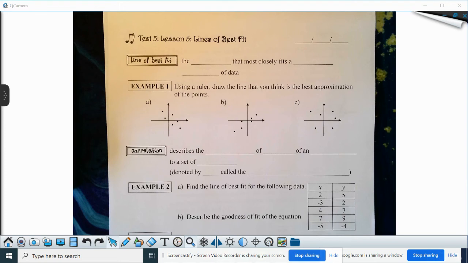Exactly. So hopefully line of best fit and correlation is going to be fairly easy for most of you. It's going to be a matter of making sure, one, you can do it algebraically, which I've been watching a lot of the videos and things you guys post, but it's really not necessary. And usually if it is an algebraic one, it's going to be pretty easy. So if you remember all the things you know about linear equations in general, just like your slope and your y-intercept and things of that nature,